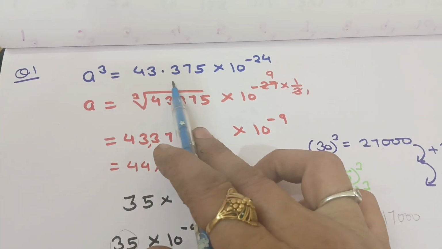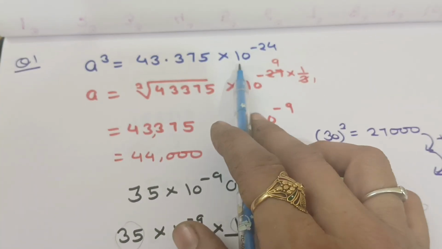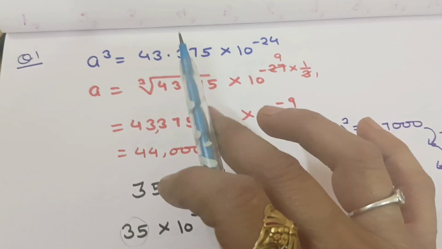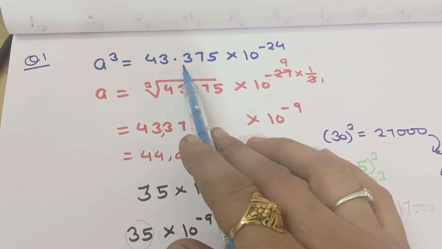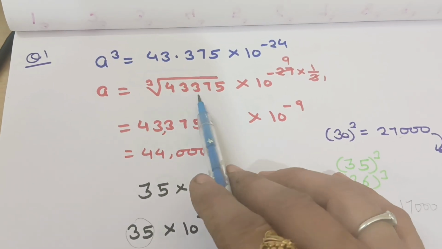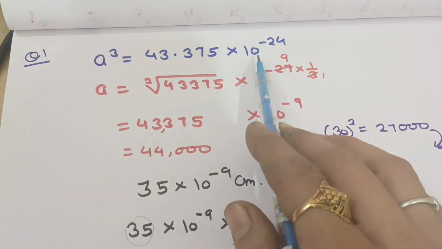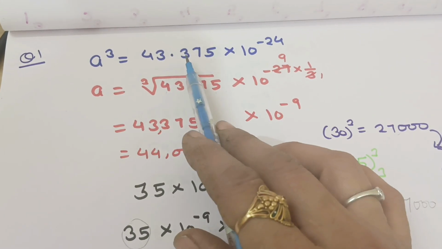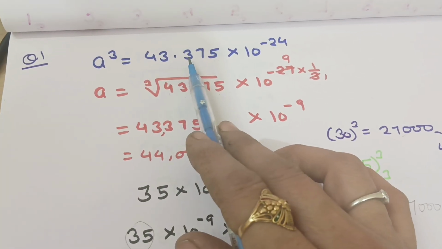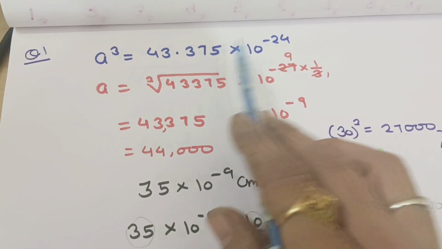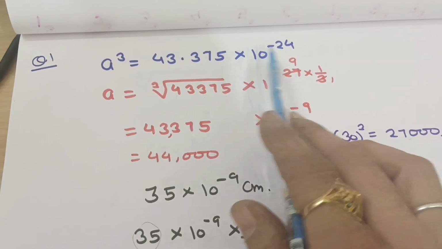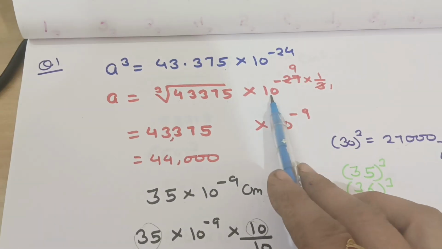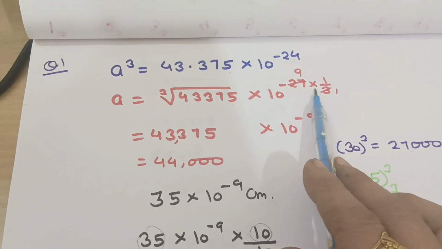A cube equals 43.375 into 10 to the power minus 24. This is the number. Now remove the decimal point from this value first of all. 43375 into 10 to the power minus 24 will be 10 to the power minus 27, because after the decimal there are 3 digits, 1, 2, 3, and adding 3 to 24 we get 25, 26, 27. So we write 10 to the power minus 27,